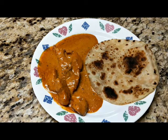Today we're going to be talking about one of my favorite Indian dishes. It's called butter chicken. And I'm not exactly sure of all the ingredients in it, but I do know that it has yogurt, butter, obviously, tomato, and a bunch of other spices. So this is one of my favorite